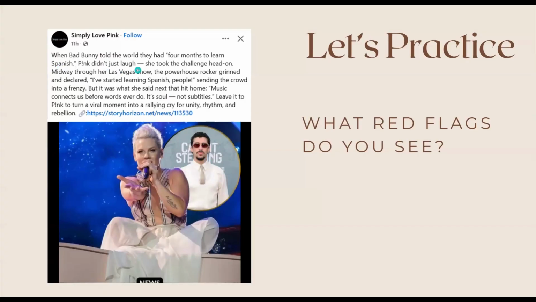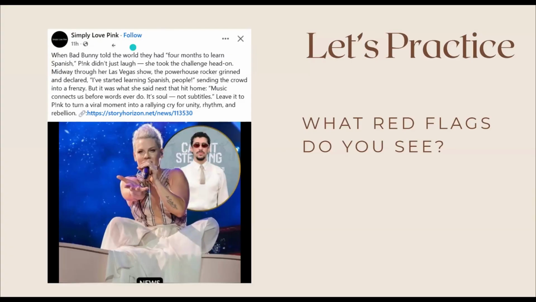And so it's something like, oh, that's shocking. Like, what? And there was more down here, but it wouldn't fit on one page for me to get a full screenshot of it. So that is a red flag. This Pink doesn't match that Pink. It has a bit of a clickbait headline, more so in the graphic that you can't really see. But then also, this is not an account that I follow.